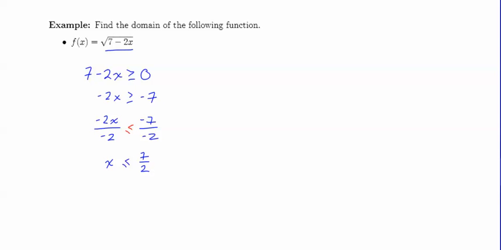So we'll write this then using set builder notation. The domain can be written as the set of x such that x is less than or equal to 7/2. If we want to write that in interval notation,